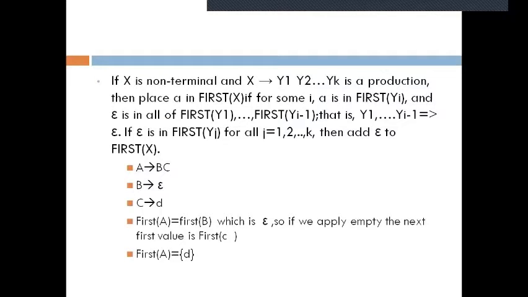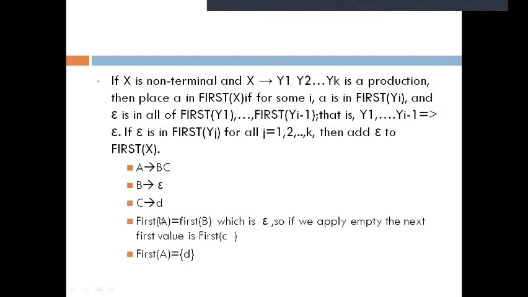And next, if we are having some productions like this, A derives BC and B derives empty, C derives d. In this, A first sees a non-terminal B. So what is the first value of A? First value of A is first value of B. So what is the first value of B? First value of B is empty. So we cannot write empty there. Instead, you are going to apply the empty in the position. When you are applying empty in the position of B, the B disappears. So A sees the C first, so you have to write the first value of C. What is the first value of C? First value of C is small d.